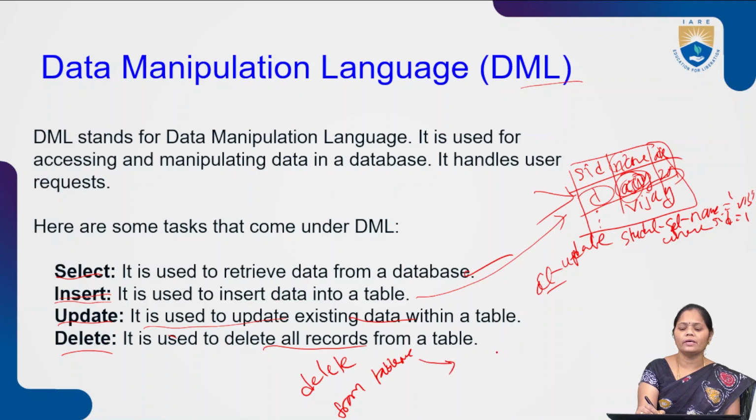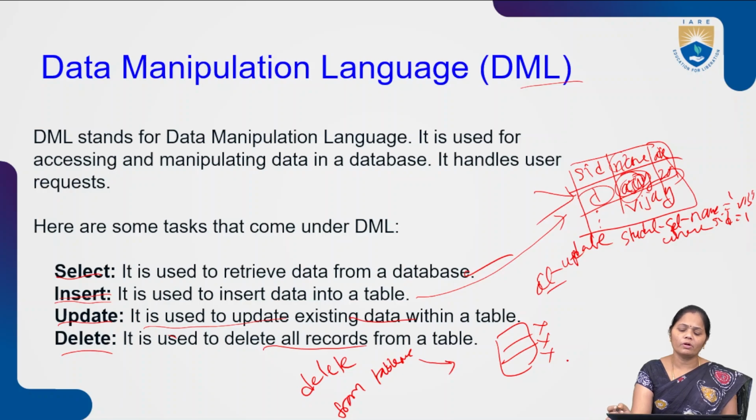In this case, the entire data that is stored will be lost. We can remove all the data which is stored in the table. For example, if we write delete from table name, and here if we specify the condition by making use of a where clause, then it deletes only that particular record where the condition is satisfied. So like that, we can either delete the entire data stored in the table, or else delete the data row wise by specifying the condition by making use of the delete command.